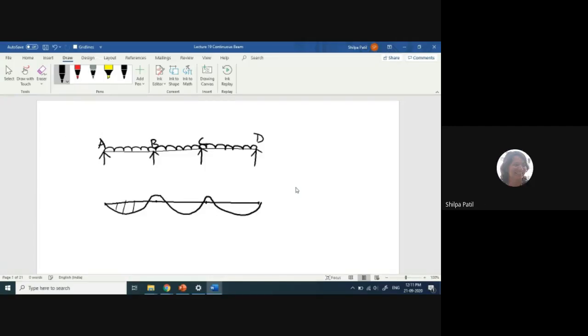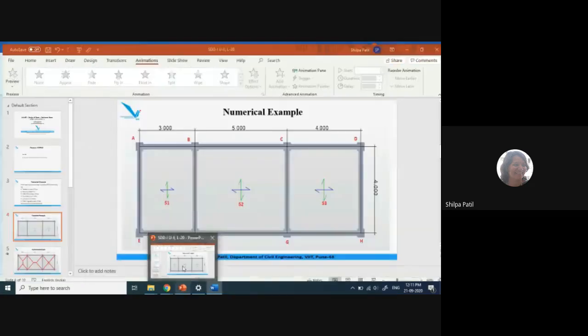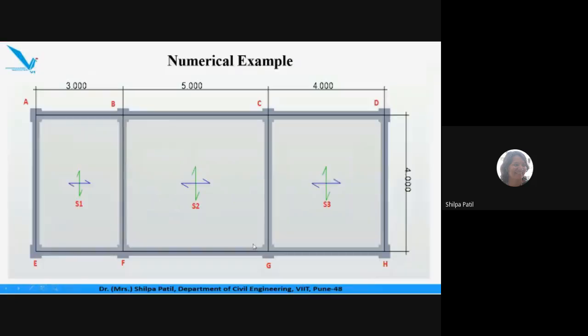So this portion is your positive or sagging moment zone, and at the support there will be the negative moment or hogging bending moment. Okay, now if you go back to this diagram of the slab, this is your actual slab. This is visible to you, na? Yes, ma'am. So here, when I want to design this beam ABCD, this is actually supporting 3 slabs,